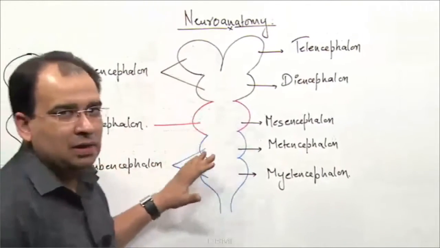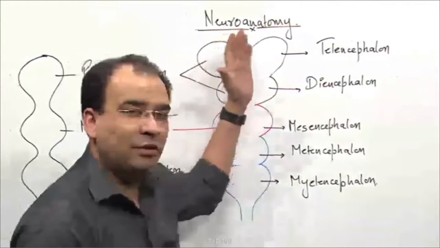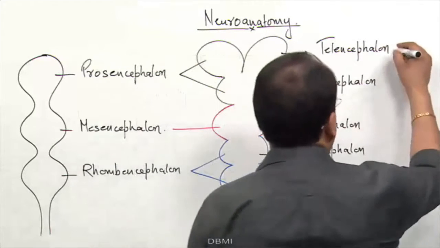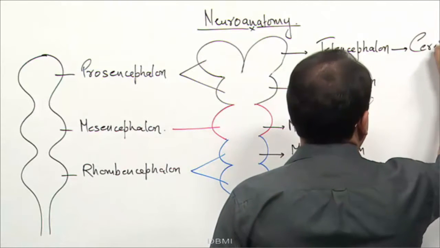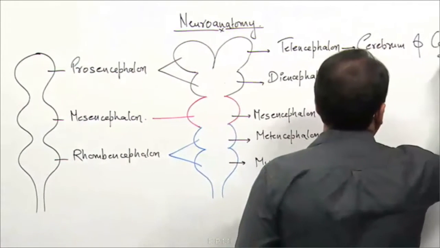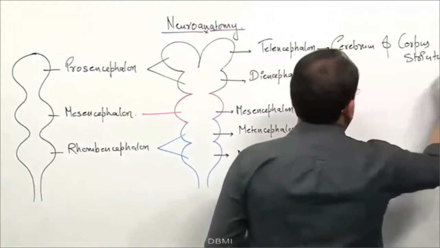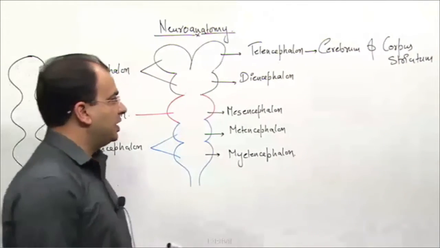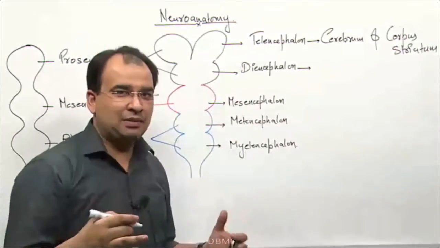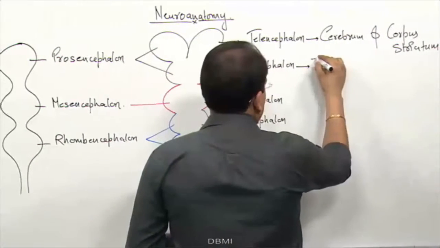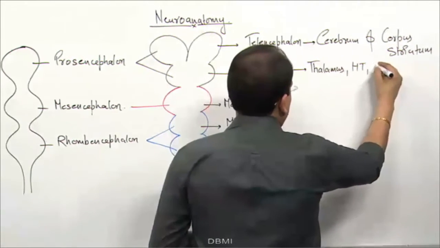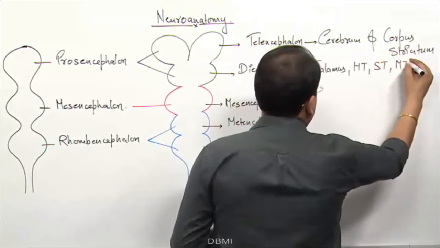Now after the secondary brain vesicles are formed, what will be derived from the telen, dien and the mesencephalon? You get a question on all these. The telencephalon portion will give rise to the cerebrum and corpus striatum. The diencephalon will form all kinds of thalamus: the thalamus, hypothalamus, subthalamus, metathalamus,